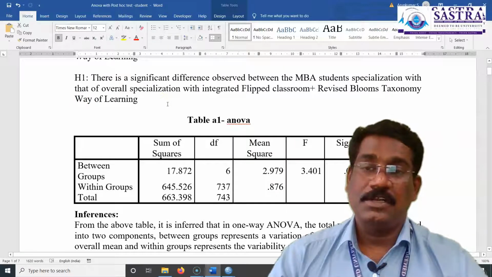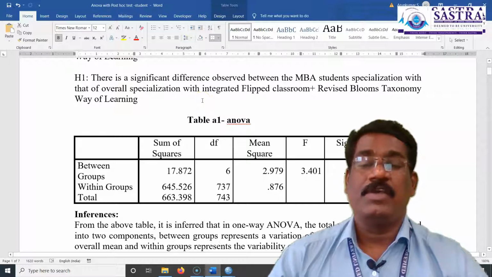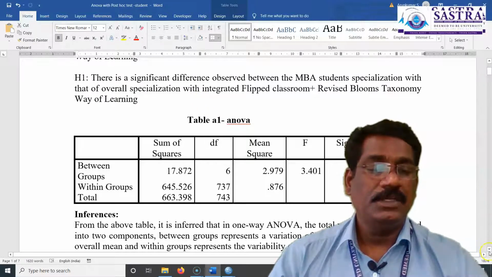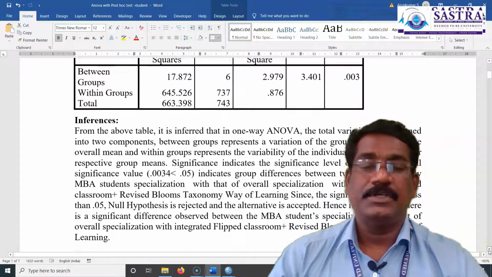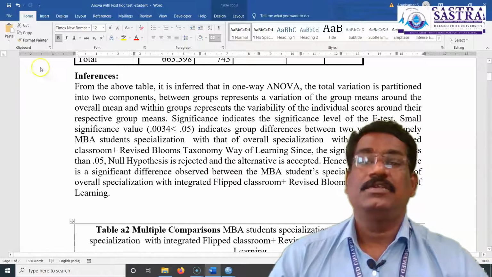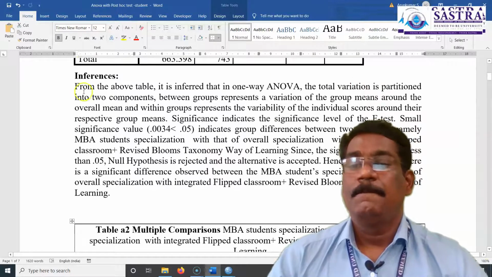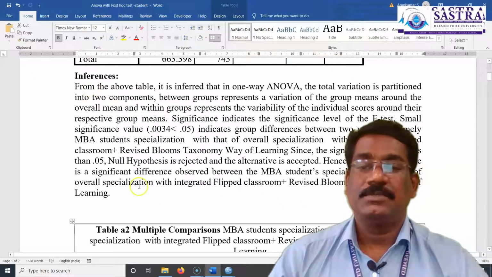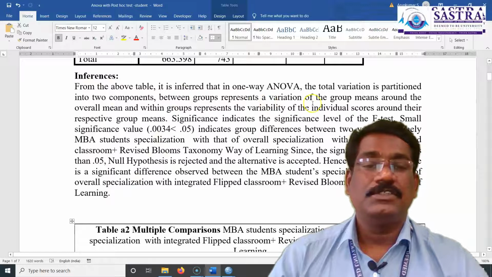Dear learners, you have learned one-way ANOVA, and you can also see the interpretation I have given. You can Google it to get a better interpretation. I'm displaying this interpretation here. So if you look at this interpretation,